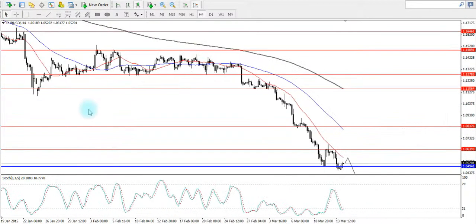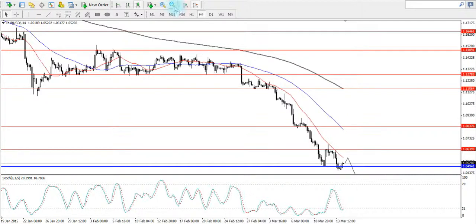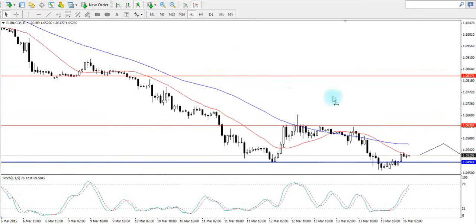We're going to start off with the euro against the US dollar. This is the 4-week chart. As you can see, the price has actually broken a new low again, but we are seeing a retracement right now. So zooming into the 1-hourly chart,